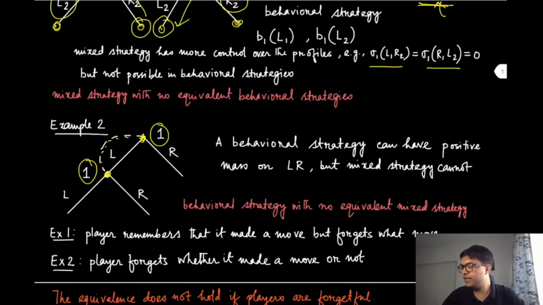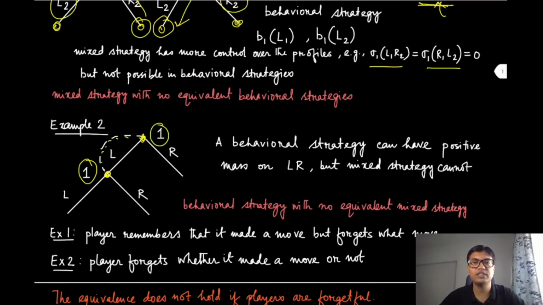Now here, what can happen? If you are talking about behavioral strategies, then it is defined on every node in the information set. Earlier we haven't made it so fine-grained because we never had this kind of example. So we have only defined the behavioral strategies at a specific information set, but the behavioral strategy can be defined